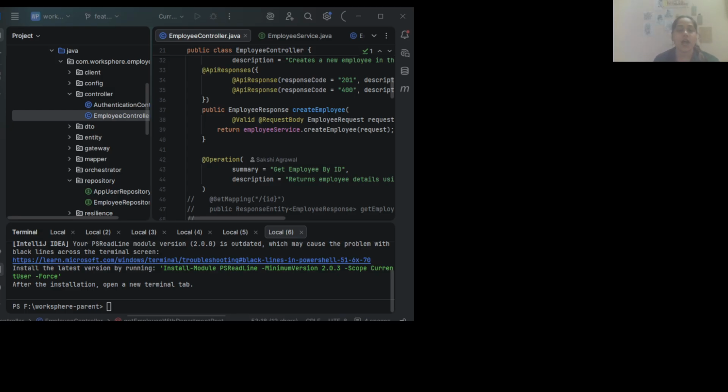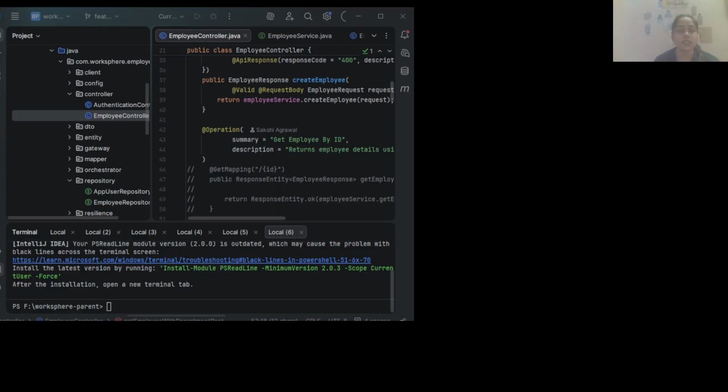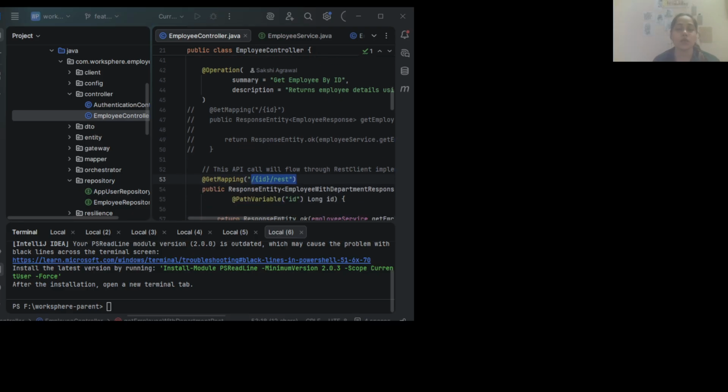And the AI tip of the day: ask AI to review your controller and service layer to identify business logic that should be moved out of the controller, and keep the controller thin, a common best practice in enterprise applications. One interview question that can be asked from this is: why shouldn't we write business logic inside the controller? The best answer is that the controller should only handle HTTP requests and responses. The business logic belongs to the service layer because it improves separation of concerns, testability, and maintainability, and allows the same logic to be used by different clients of the API.